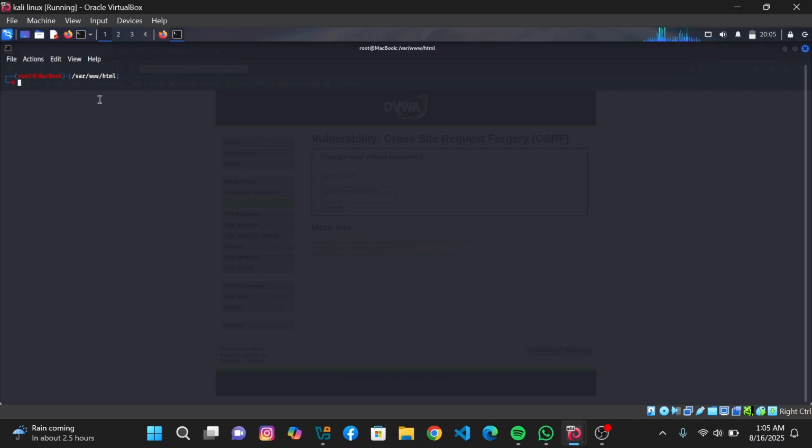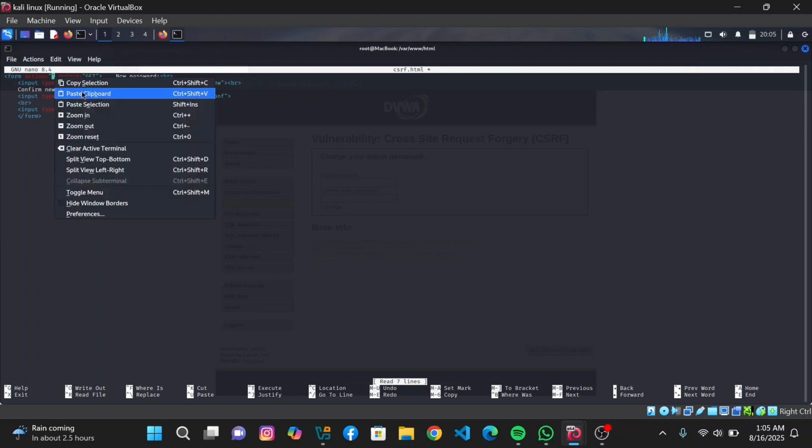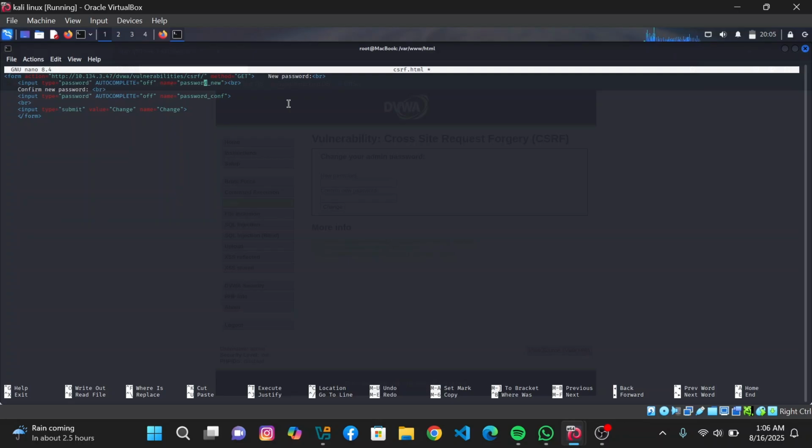So what we have to do, nano csrf.html. This action box is what we are going to tweak and add what we just copied, which is the DVWA page, paste to clipboard. Now we have pasted it to clipboard. The next thing to do is come to this section, click on value. We are trying to change the password from here. Click on value and